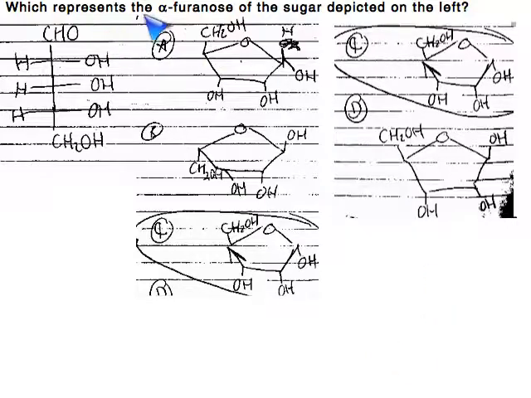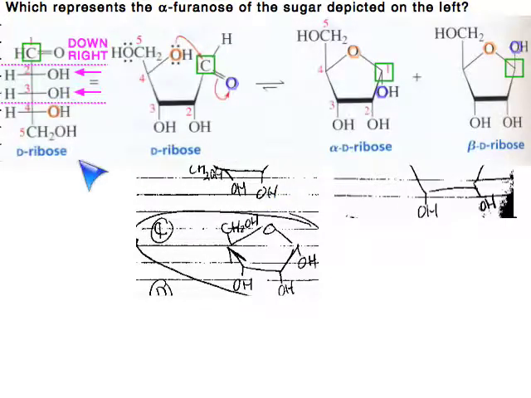which represents the alpha furanose of the sugar depicted on the left. So here's the sugar depicted on the left. And let's just talk about some of the aspects of sugars you need to be aware of. First off, the carbonyl carbon, when the sugar becomes cyclic, is here in the green box, and that's called an